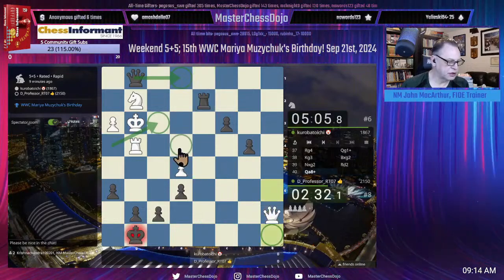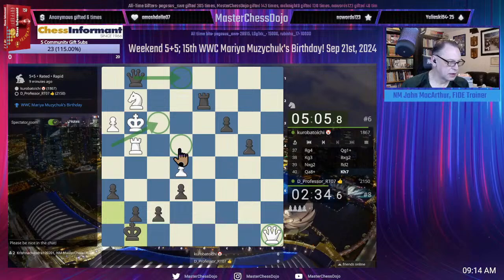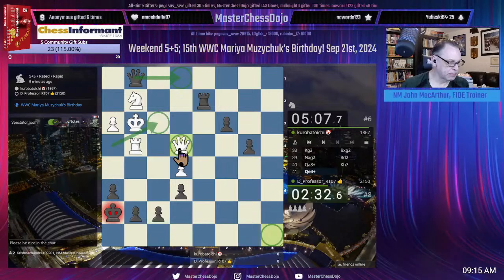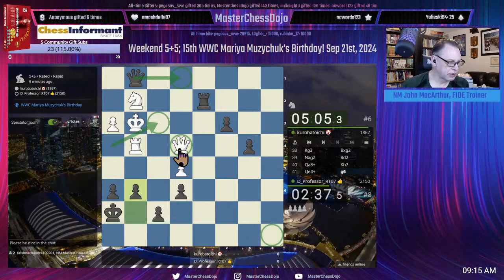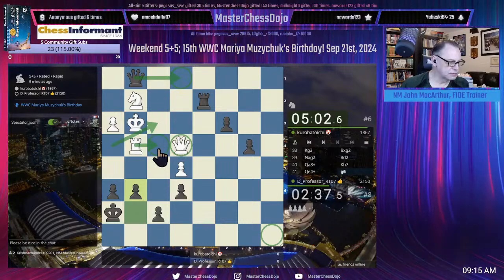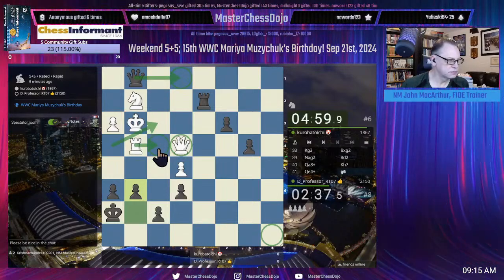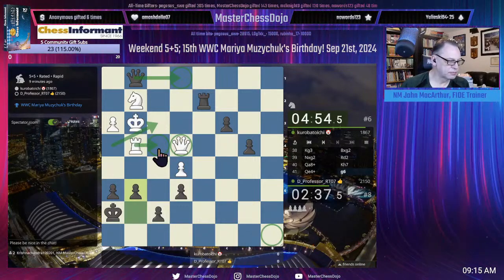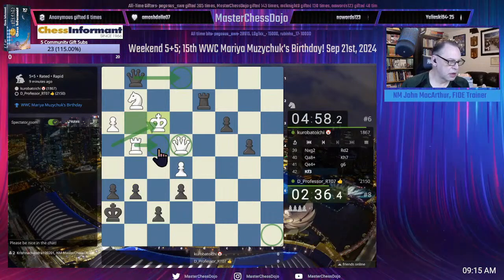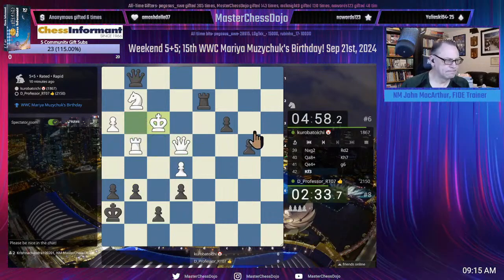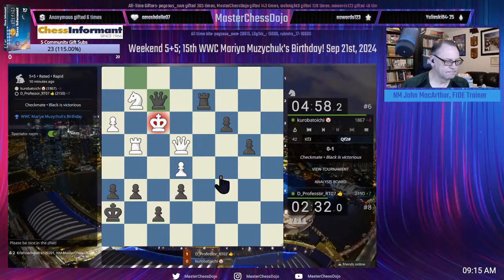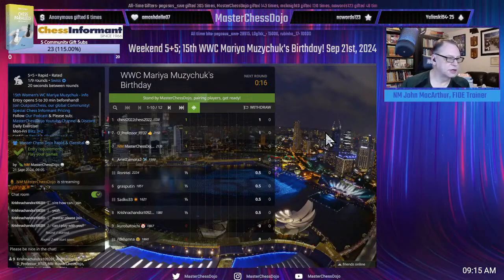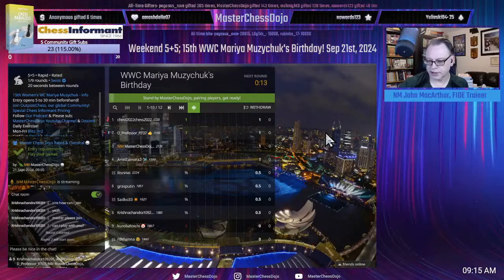Queen h8, queen e4. Queen f3, rook f4. Rook f4 looks annoying. That much is true. Ooh, mate in 1. Not good. Just when he was about to achieve some form of counterplay.